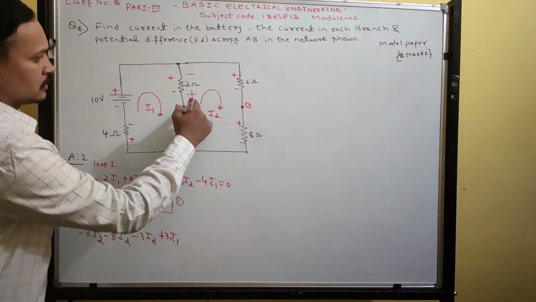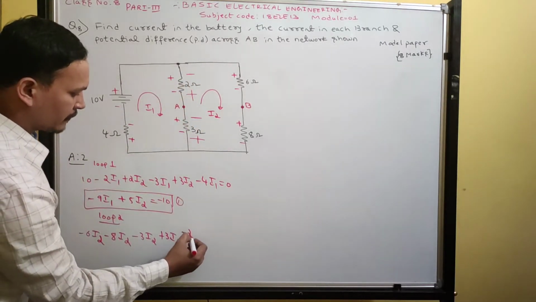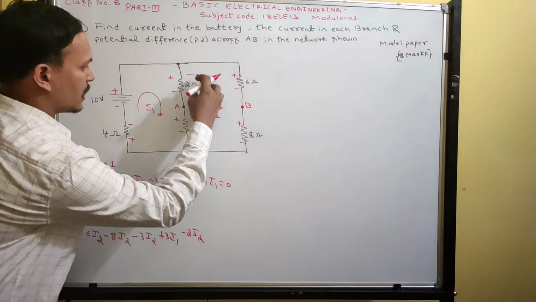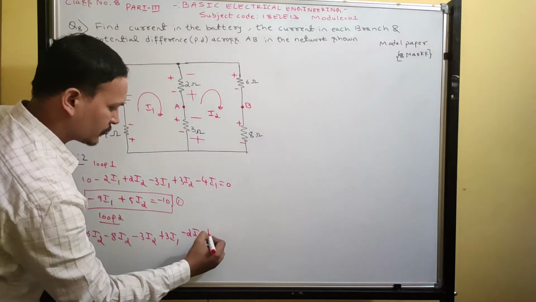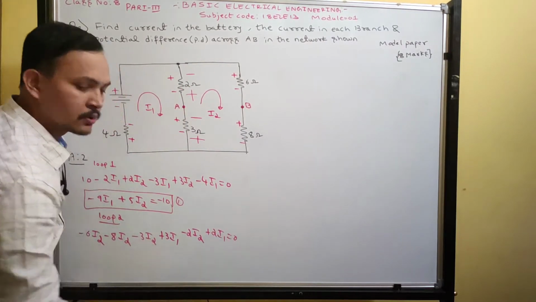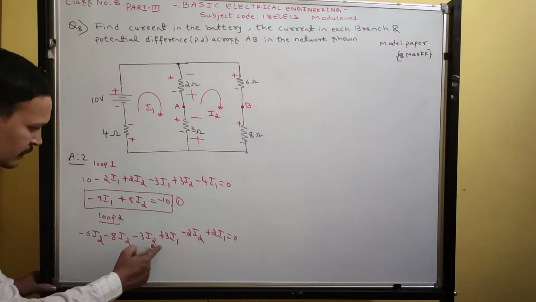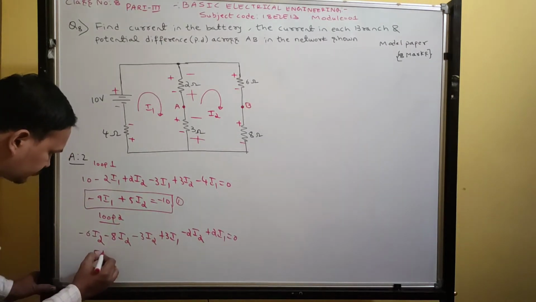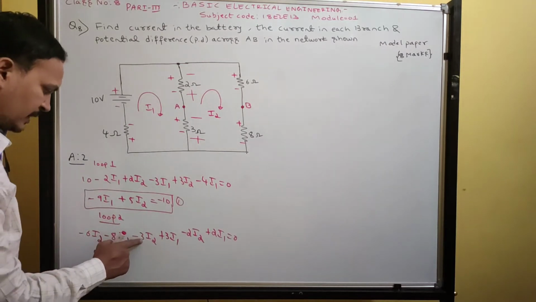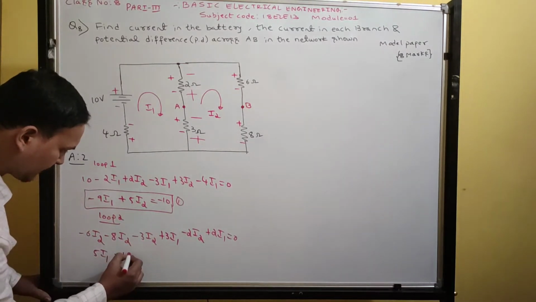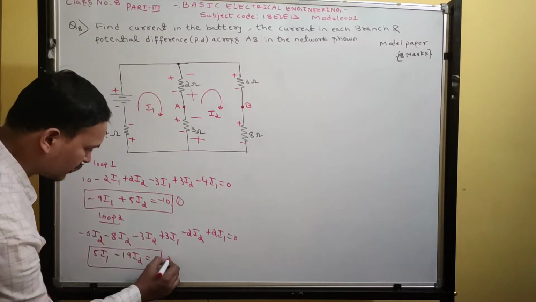Next, see this 2 ohm resistance. This current I2 is flowing from plus 2 minus, drop, minus 2 I2. Now for this polarity I1 current also flows. So how does I1 flow? Minus 2 plus, rise, plus 2 times I1 equals 0. There is no EMF source in the second loop. Now group all I1 and I2 terms. What does it give for I1? 3 plus 2, 5 I1. 5 I1 minus 6, minus 8, minus 14, minus 17, minus 2, minus 19, minus 19 I2 equals 0. This will be the second equation.